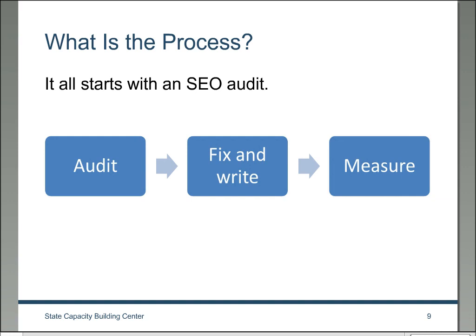It's really a three-step process if you want to simplify it. It's about auditing the site, and by auditing I mean you're going to see the current state of what we have in terms of SEO. Then you're going to fix the SEO errors that you find, and that often involves writing new metadata. And then, of course, once you implement those things, you're going to want to measure it and make sure that you did it correctly and that your efforts have paid off.